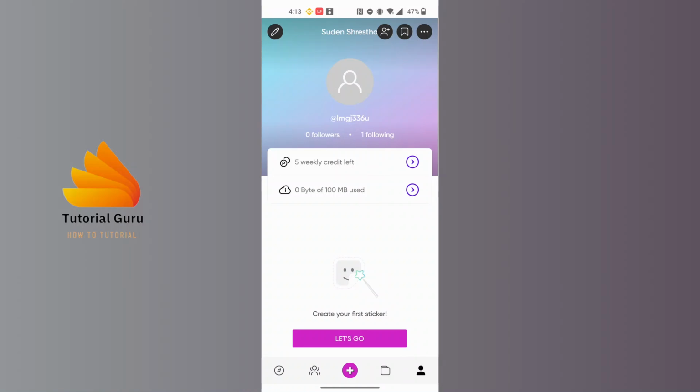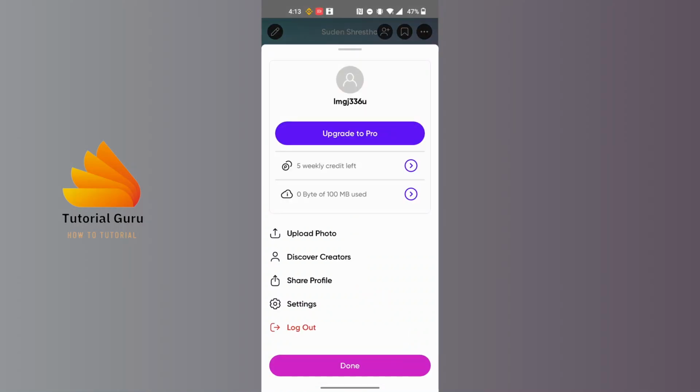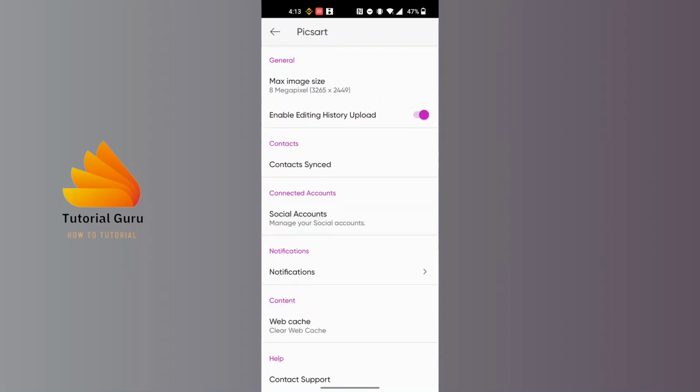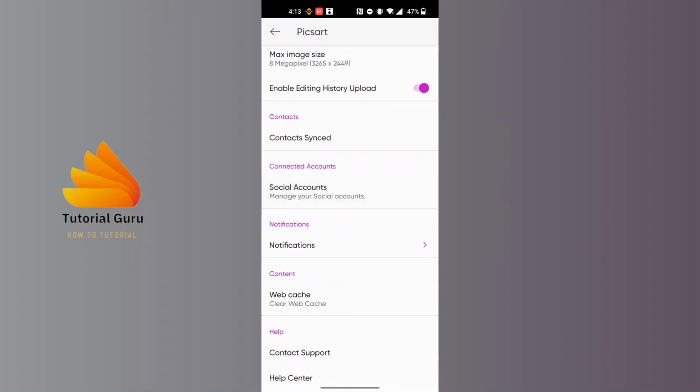where at the top right corner of the screen you can see the three dotted icon available for us. Tap on the three dotted icon at the top right corner of the screen and tap on the settings button over here on this panel just above the logout button at the bottom side of the screen. Tap on settings, and over here guys you can see the social accounts available for us, where there says the